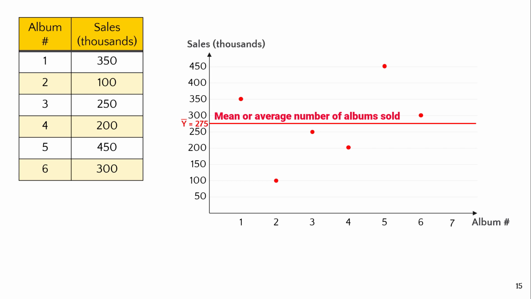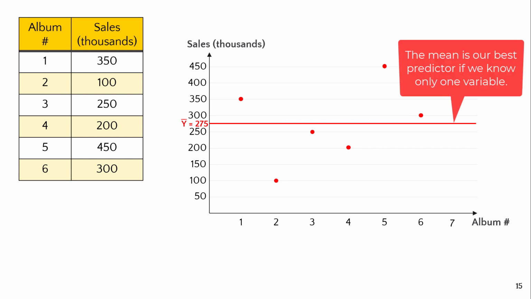So, if we know only one variable, our best estimate would be the mean. For any given album, our best guess for its sale would be the mean, equal to 275,000 albums. The mean is our best predictor if we know only one variable. Let me state this again, if we know only one variable, our best prediction for the sale of album number 7 would be the mean of